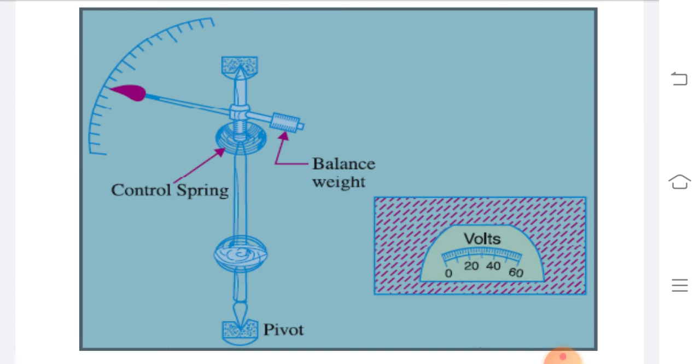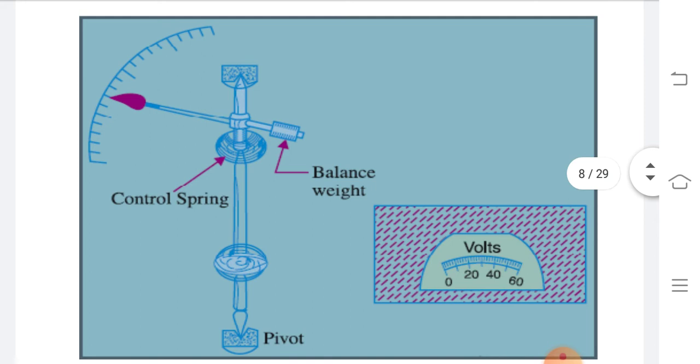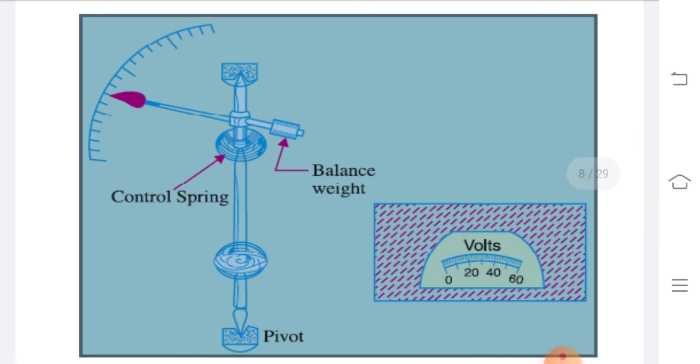During the development of the deflecting force inside the meter, another force is developed with the same magnitude but in the opposite direction, which is termed the controlling force, and this makes the pointer come to the rest position. Thus the controlling force is made proportional to the moving system's angle of deflection. That is, mathematically it can be said that the controlling torque is directly proportional to the angle of deflection.